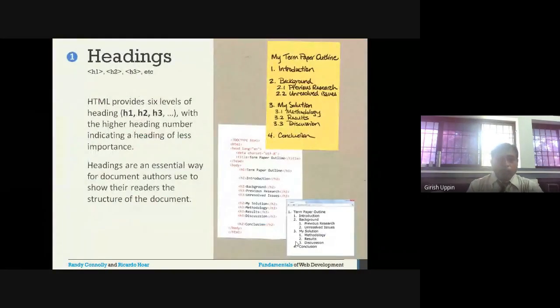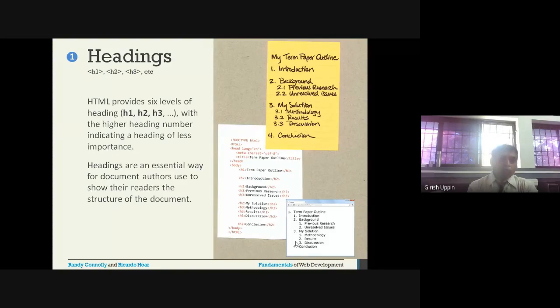So as I told already, you have seen there are different tags for different headings, and how we should look into this is semantic HTML. So semantic means what? It is more structure oriented. We should not think about these headings from the perspective of how they look, which font or size.